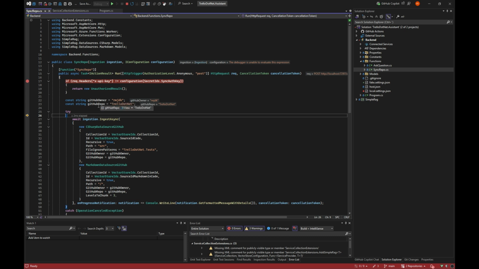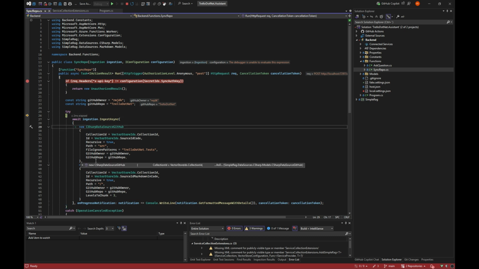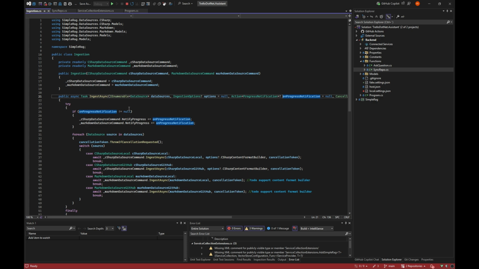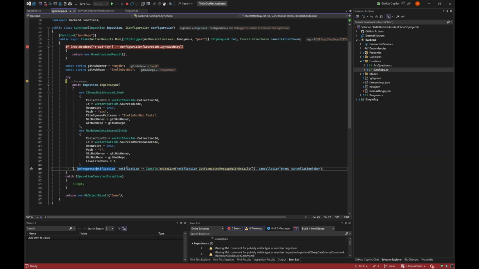Then you can see I have two constants here, which are my GitHub owner and repo. And I'm using two sources here: a source for GitHub C# and a source for Markdown. The only other thing I put in is a small action that can give us some notification back whenever it changes step: now it downloads, now it ingests, and so on.